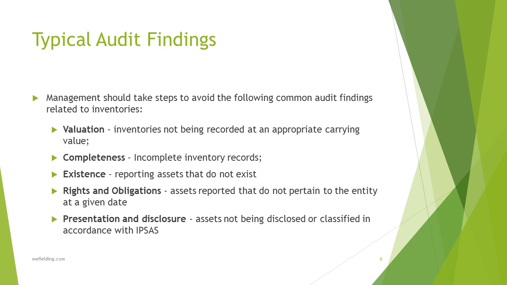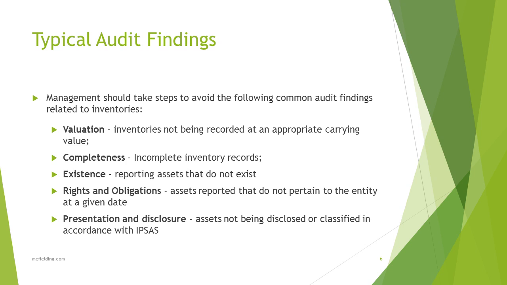Existence, it says here reporting assets, so it kind of goes with completeness. It's just the opposite. This is when you start recording inventory, because you're sitting in an office in Geneva or New York or somewhere, and it says on the screen that they've got this stuff. So you're going to fly to Burkina Faso to check it. And then, of course, the auditors do go to Burkina Faso and they find that the stuff isn't there and hasn't been there for 25 years. It's the opposite of completeness, isn't it? When you're overstating your inventory rather than understating. Very, very important that you get it right, because otherwise your management accounting system is going to be out of kilter forever.